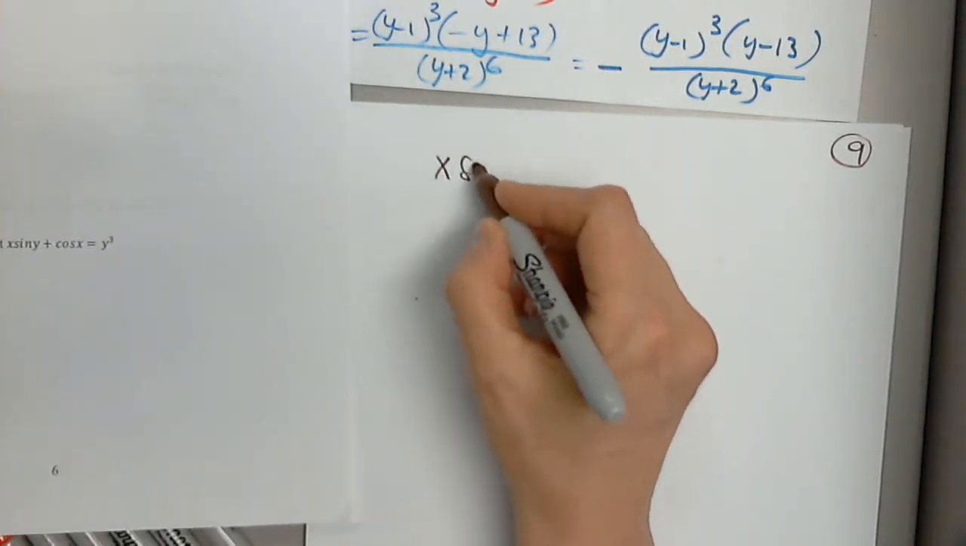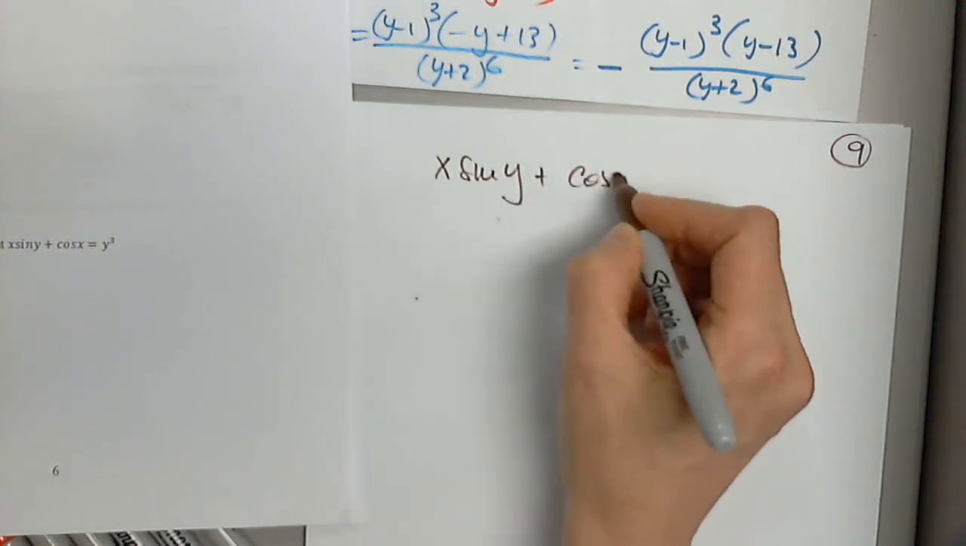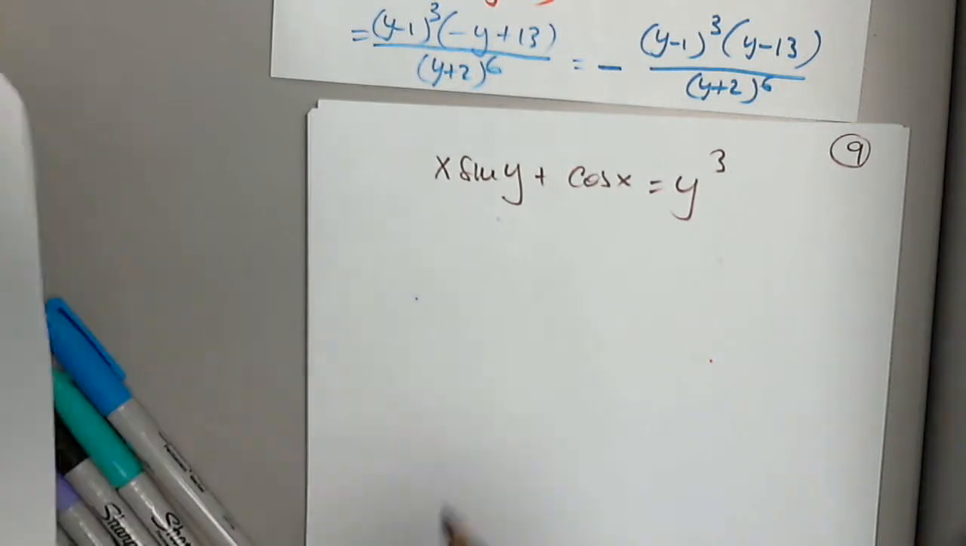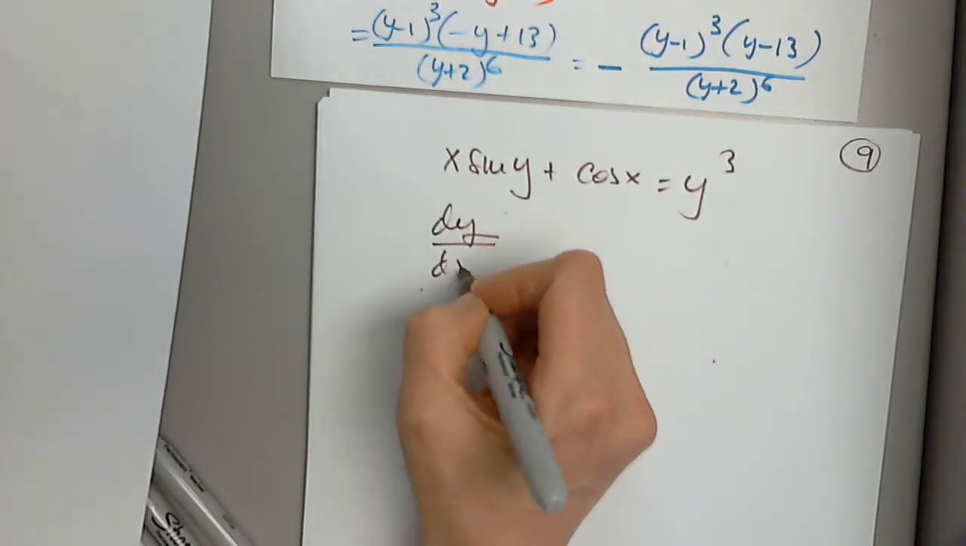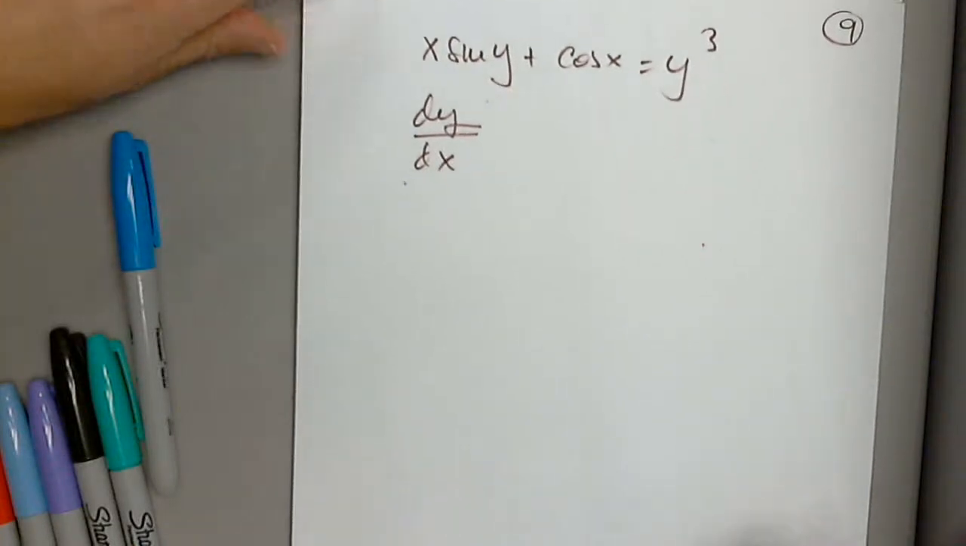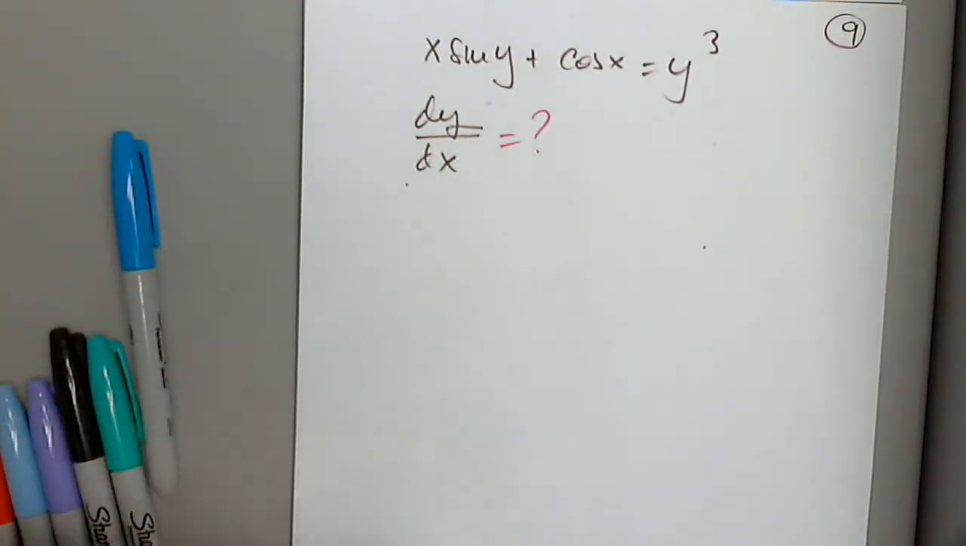Okay, so x sine y plus cosine x equals y cubed. This time it's very clear. We are asked to find dy over dx. What does this mean? What does this imply? It implies that y is a function of x. Excellent. Great. Good. So since we're asked to determine this,